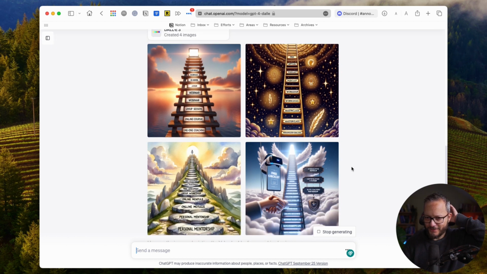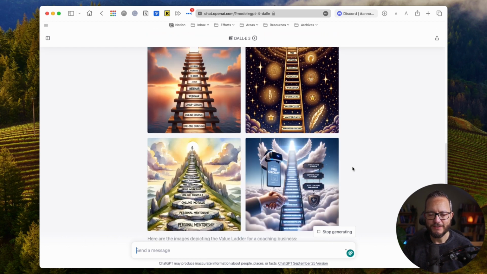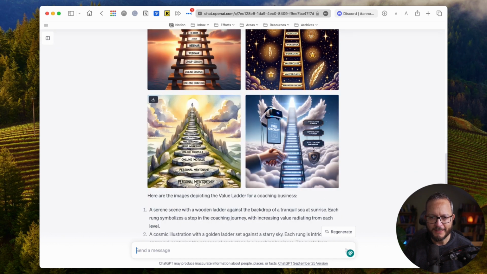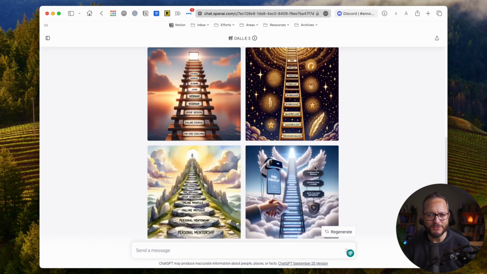So you can see how it's created a series of images based on each of those prompts that it's created. Now, the text isn't perfect. I don't know what a Corsi is, but you can see that it is better at text. When you do this kind of thing inside of Midjourney, then that would just be gobbledygook for the most part. Again, what's meant on ship? I don't know, but it sounds interesting. Online module. So you can see it's not great, but it is a step up to what we're used to